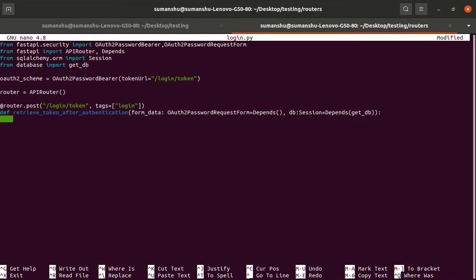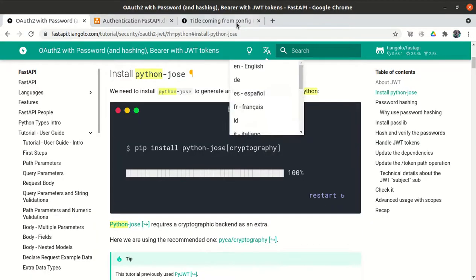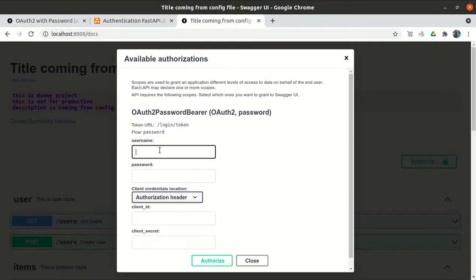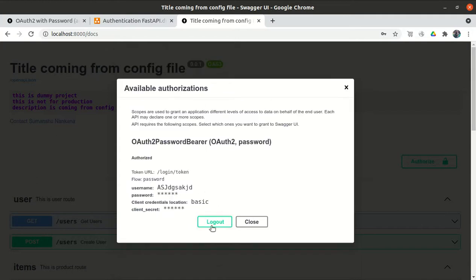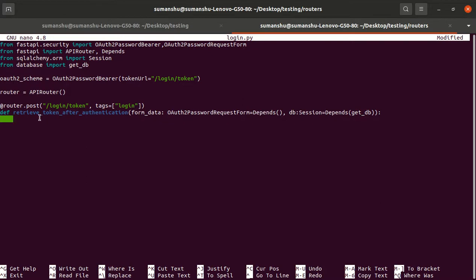Now we have to check whether the particular user which is being entered exists or not, because right now whatever I enter will log in, but this is wrong, right? Because we are just accepting the data, we are not validating whether the user exists.